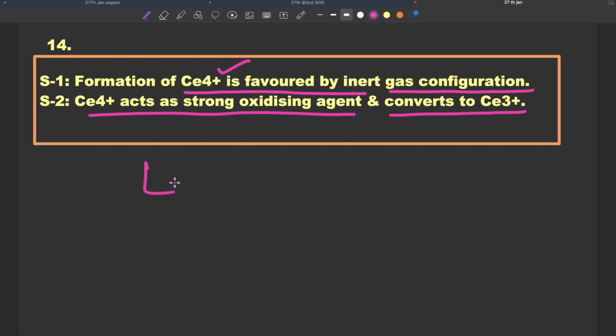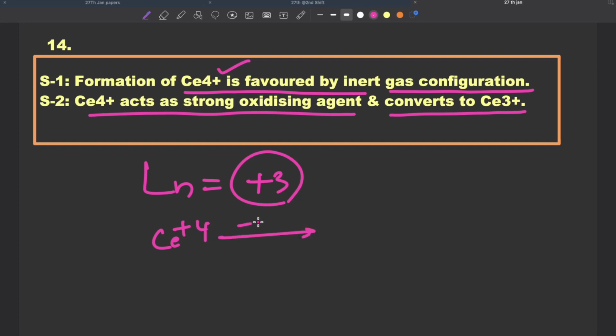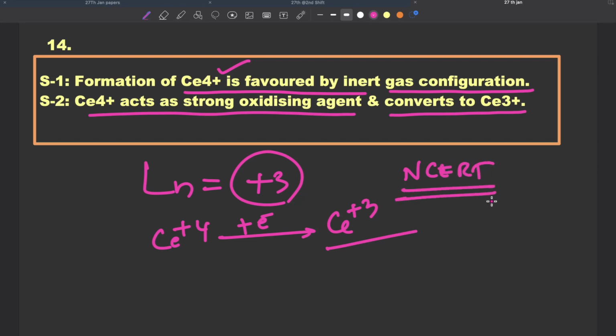For all the lanthanides, +3 is considered the most stable oxidation number. So, Cerium+4 takes up 1 electron, where as an oxidizing agent it converts itself into Cerium+3. These are NCERT lines, given in the NCERT d and f block, and the same question is framed